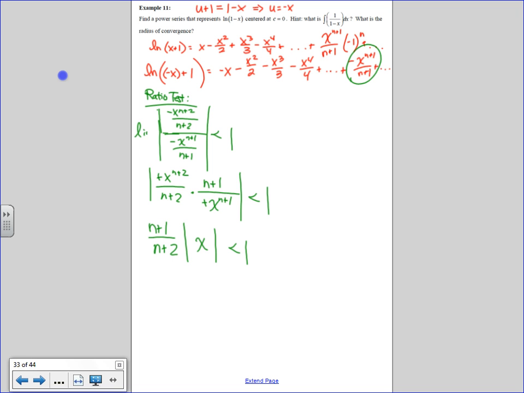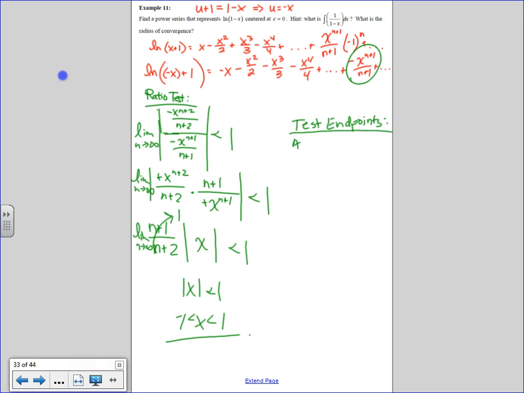Remember, for ratio test, I'm taking the limit as n goes to infinity. Limit as n goes to infinity of n plus 1 over n plus 2. That just goes to 1, right? So then I end up with absolute value of x is less than 1, which means x is in between negative 1 and positive 1. But since I did ratio test, what do I still have to test? So I have to test at x equals negative 1, at x equals positive 1,